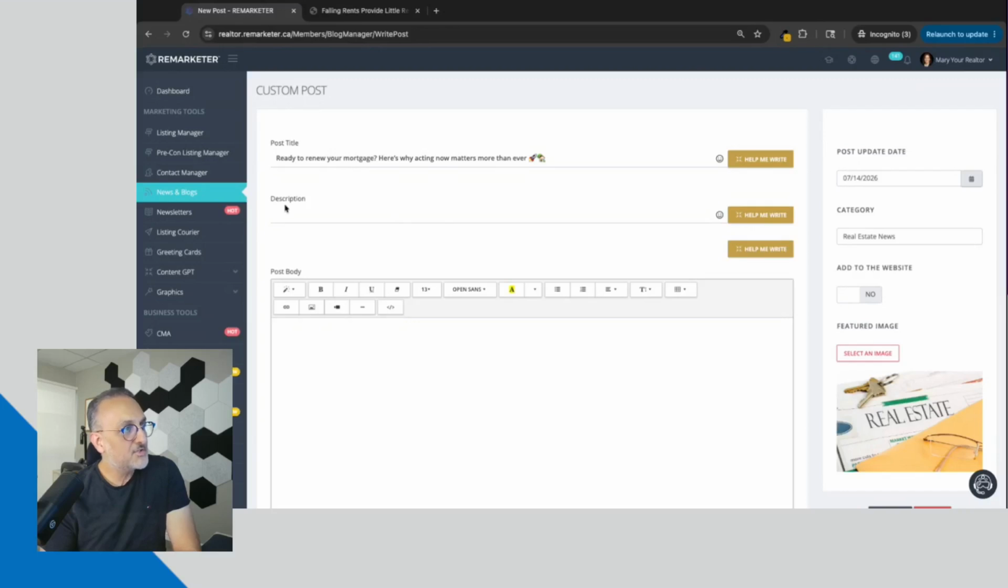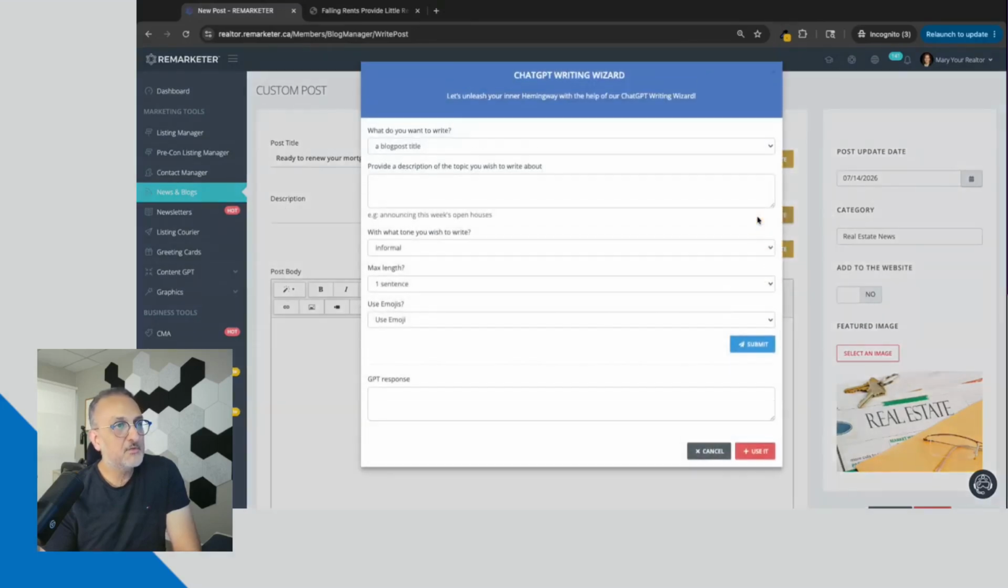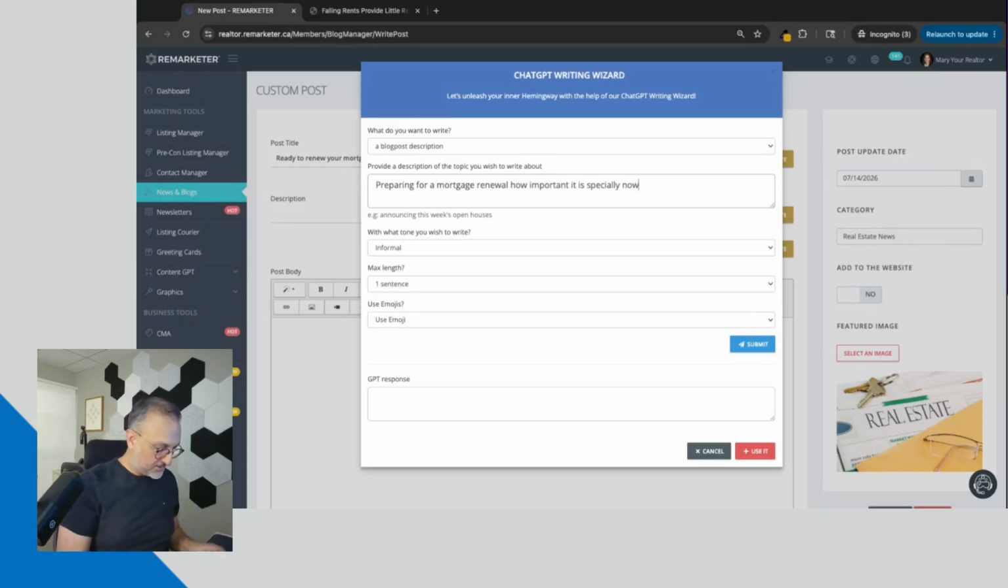The next section would be a post description. I'm going to use AI again. So this time we're going to use a blog post description. So again, this is going to be my topic. I just copied and pasted it from the previous entry. Now I want to add a few things as well here. So let's say